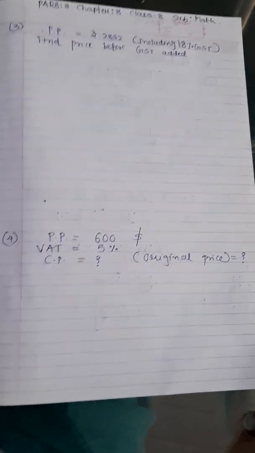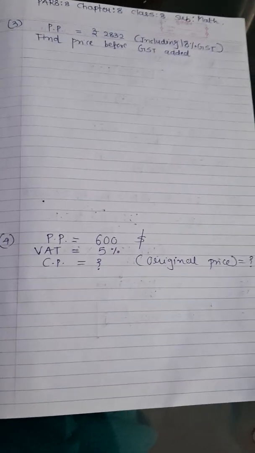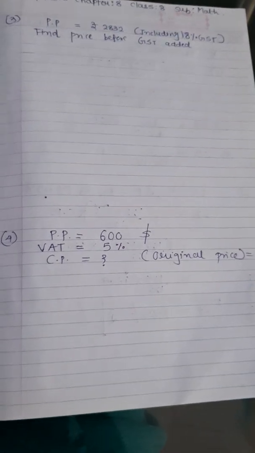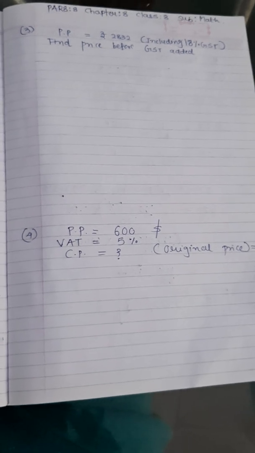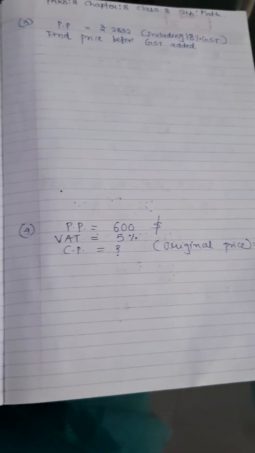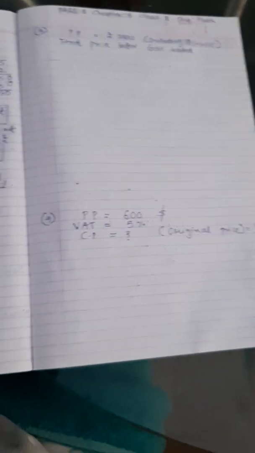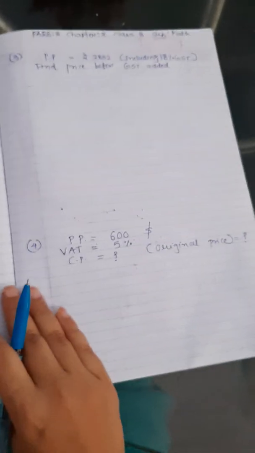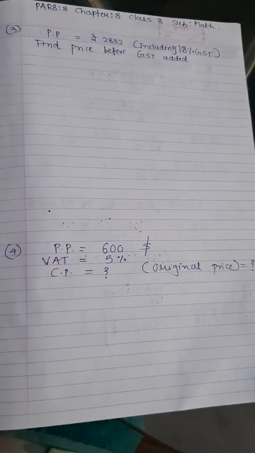So my lovely students, let's have the last part, which is part 8 of chapter 8, class 8, subject maths. Here we will talk about the GST, that is goods and service tax, and the VAT, that is value added tax, examples. Whenever any tax is there, you have to add it, or if it is already added, how will you find the original price? So first of all, the purchase price is given